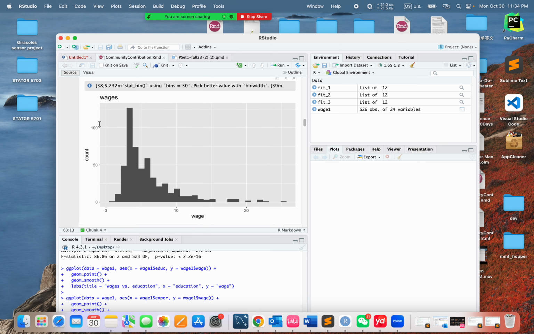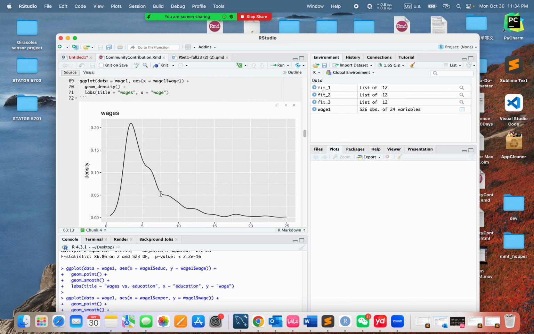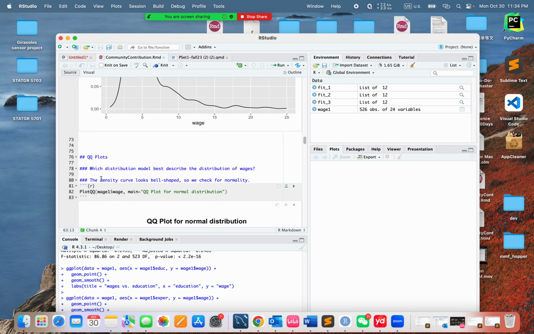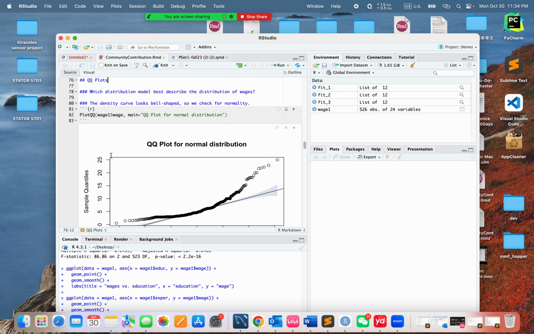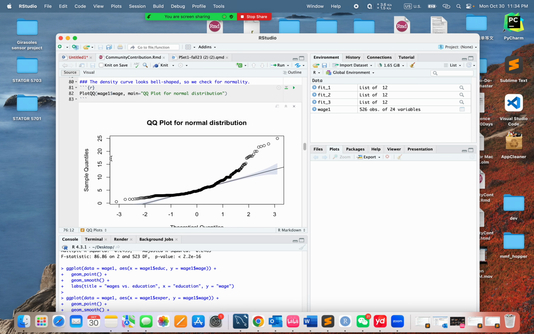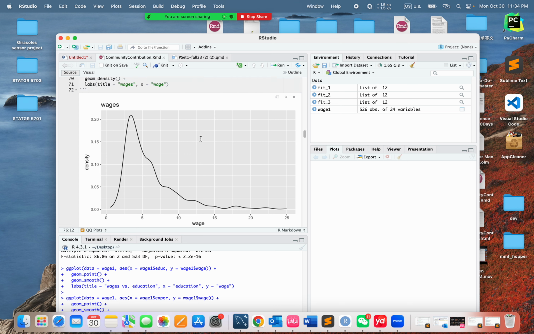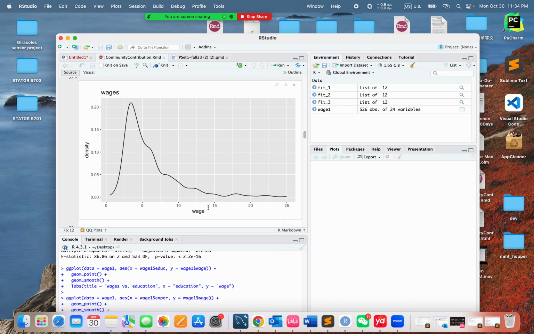The histogram doesn't show that it is true, and the distribution is skewed to the right, and the density curve shows the same thing. We now use the QQ plot to check for normality, and the plot shows that the distribution is far from normal. And from the density curve, it seems that our distribution looks like an exponential distribution. So